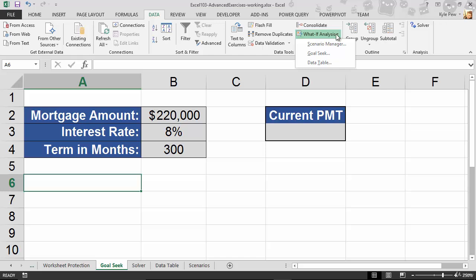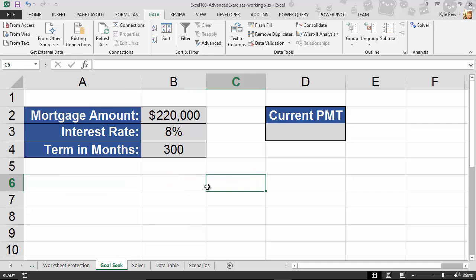So first off, before I jump in there and start to demonstrate it, here's the setup. On this Goal Seek worksheet, I've got a simple little table. It's got a mortgage amount, $220,000. It's got an interest rate of 8%, ouch, and a term in months for the next 300 months. What I'd like to know is what my current payment's going to be using those arguments, those variables. Now, we're going to figure this out using a function that's built into Excel called the payment function, or PMT. Then we're going to turn around and see how we can adjust that current payment to fit more of my